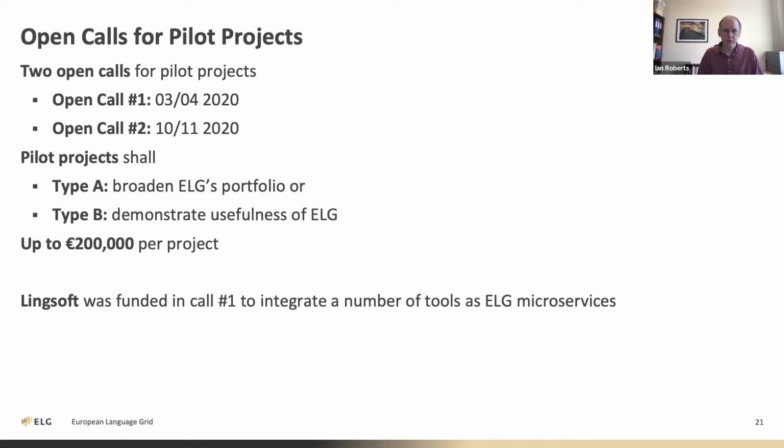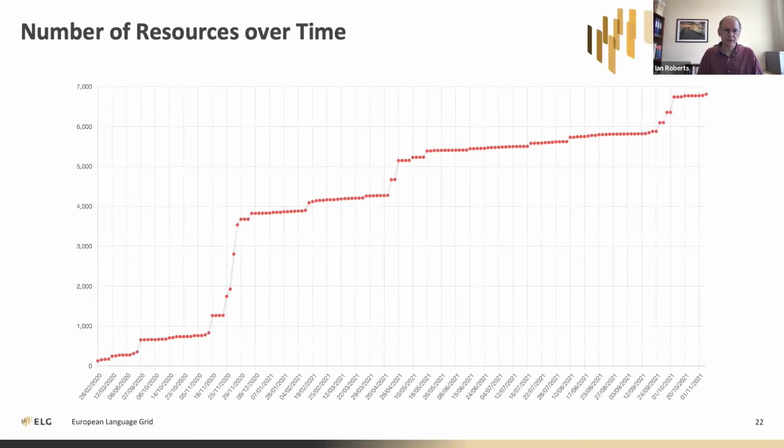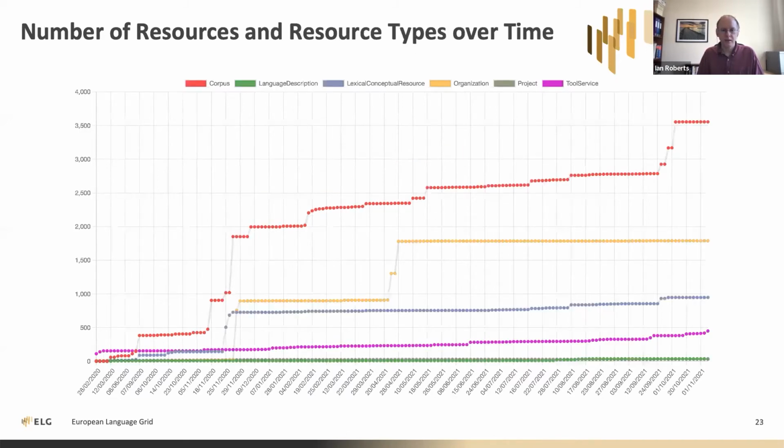So I'll show you a few quick graphs just to finish off. This is the number of resources over time, just showing you how things have grown through the lifetime of the ELG project. This particular graph runs from February 2020 through to November 21, and you can see this gradual increase over time. I mean, this one graph doesn't really give a lot of information, in the sense that this is probably a